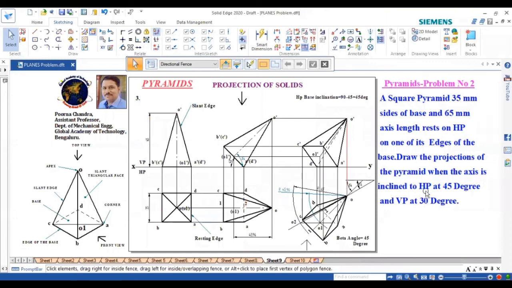Since he has told axis inclined to VP 30 degree, we're supposed to do the beta angle method. So draw a 30 degree line, then measure this 65, cut it, draw the locus line. Next again measure this axis length over 1, 45.96, cut it again, then join this and find the beta angle, we're getting 45 degree. Next you mark this as point number 1 and 2. From O1 you measure O1 to 1 equal to O1 to 2. From O1 you cut up and down. Then draw two perpendicular lines. Then measure 1 to C. From 1 cut both sides, from 2 cut both sides. Then join all points respectively.